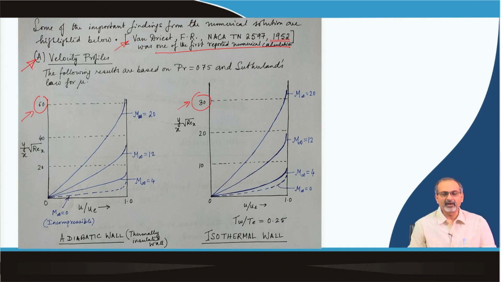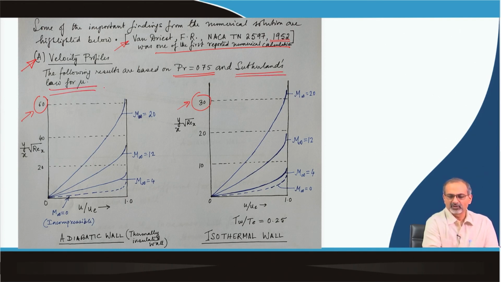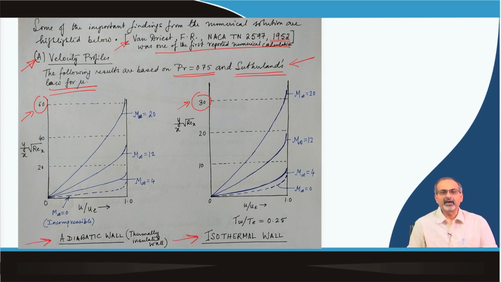The following results are based on a Prandtl number value of 0.75, and we have used the Sutherland's law for mu. That was what was used by Van Driest in his work, and the velocity profiles are available for two different boundary conditions, an adiabatic wall and isothermal wall respectively. And the adiabatic wall is basically a thermally insulated wall, where the velocity profiles, as you can very nicely see over here, take up